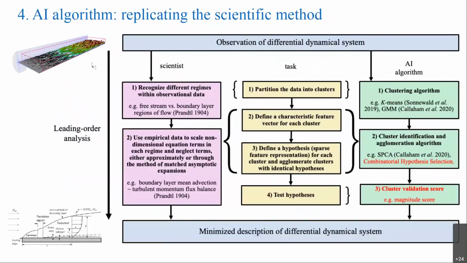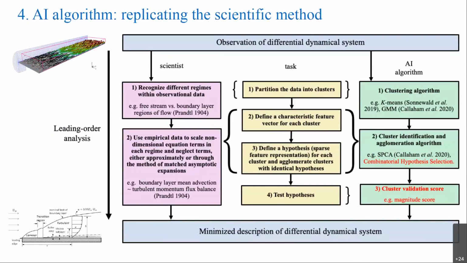Okay, so that's basically the state of the art on how you would take data and sort out which equation terms are leading order just with an algorithmic approach without a human involved. So this is kind of this plot here. I'm trying to break all this down into different tasks. So in the